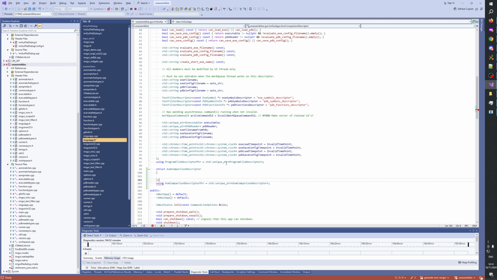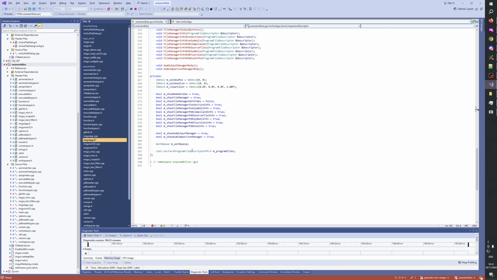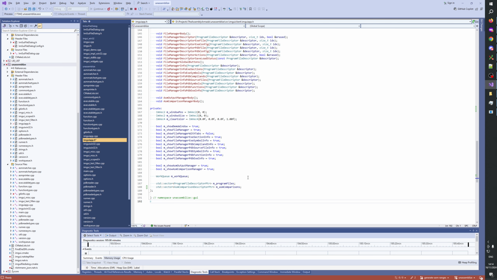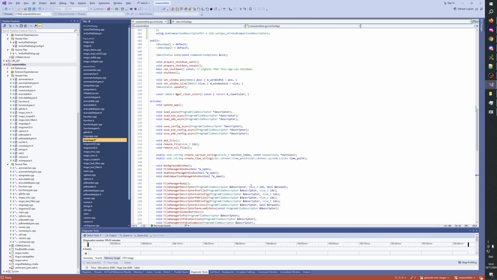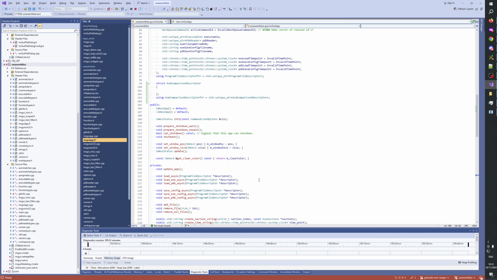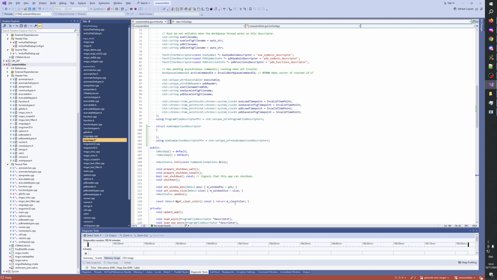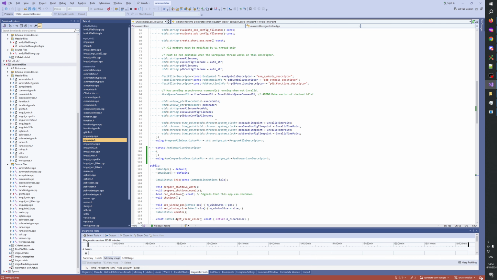And then here we will have our ASM comparison descriptor PTR, ASM comparisons. Okay, and then we will